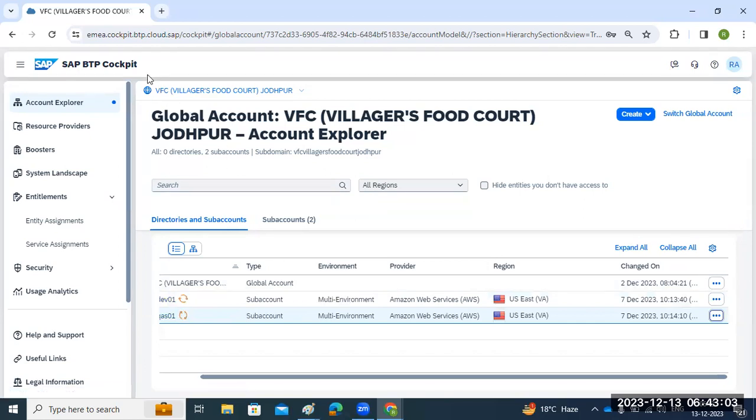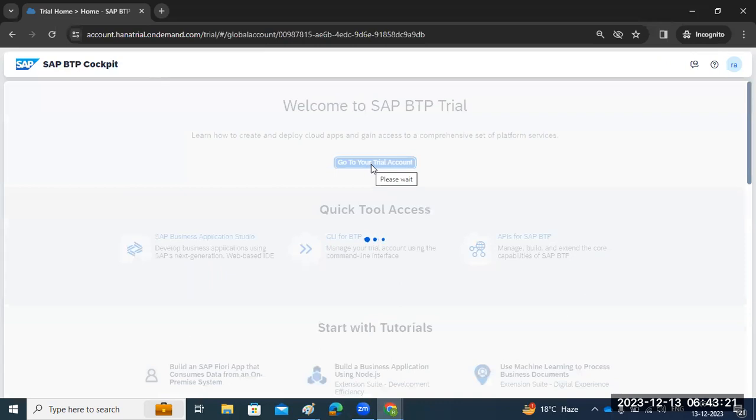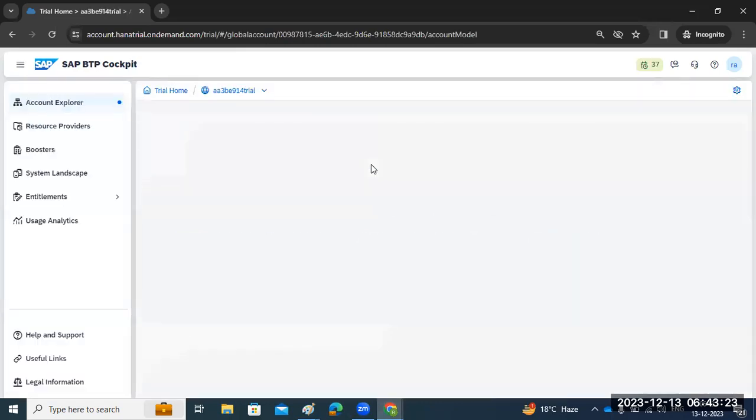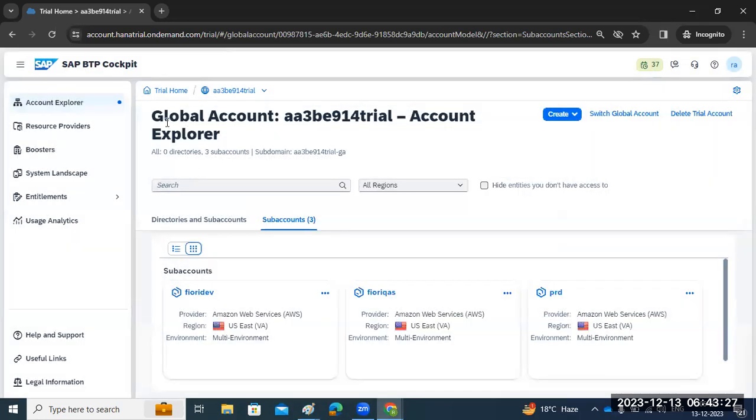This account they will provide to you. Later you need to build your business use cases. You have to define your system landscape, all those things. I will explain what those are. So this is the enterprise account. When you take the free account, you will get the trial account also. It's the same; the trial account is also the same here.